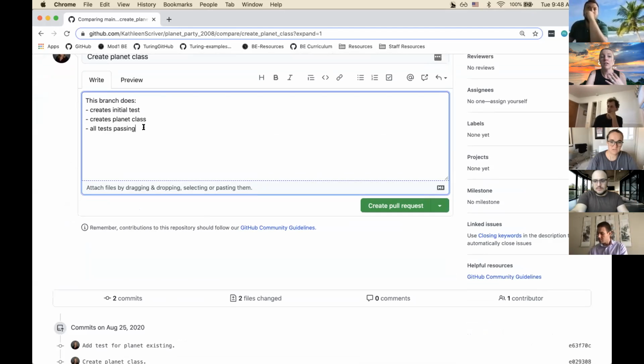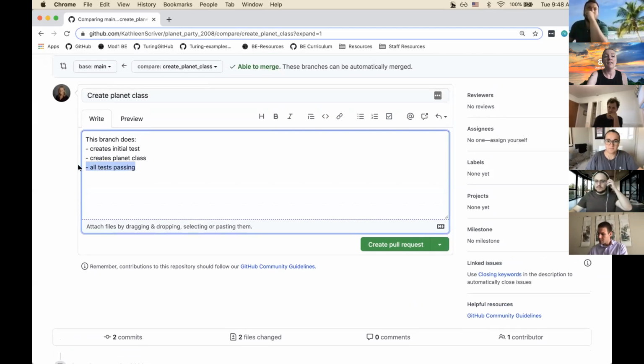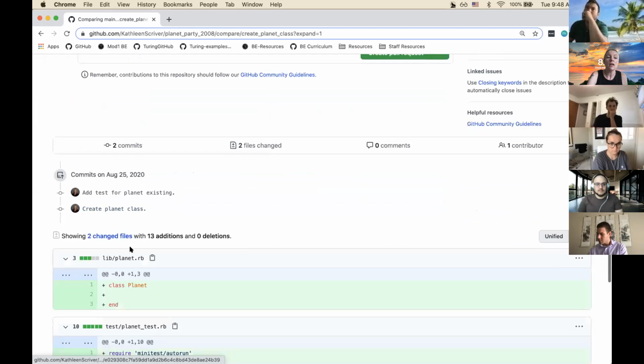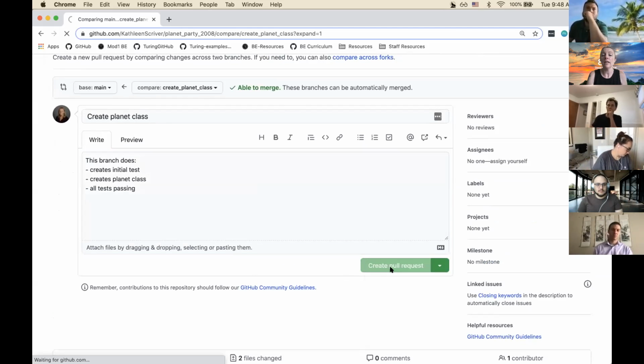And we want to get really good at this written communication piece, and GitHub is a great place for us to do that. And when you add something like all tests passing, then your teammates know that you actually ran your test suite and you are not pushing up broken code. But our commits are here, and remember our commits should leave a history of exactly what we did. So this looks good. We're going to create our pull request,